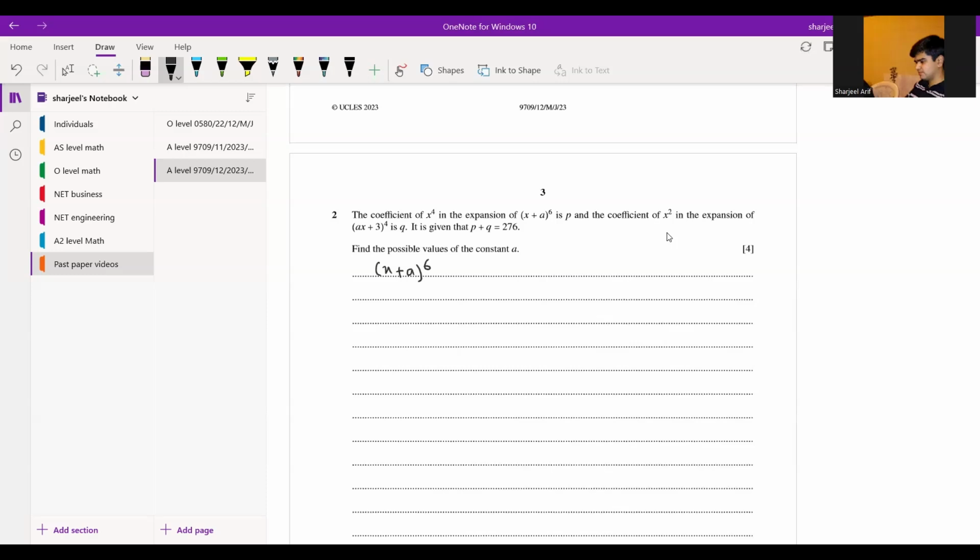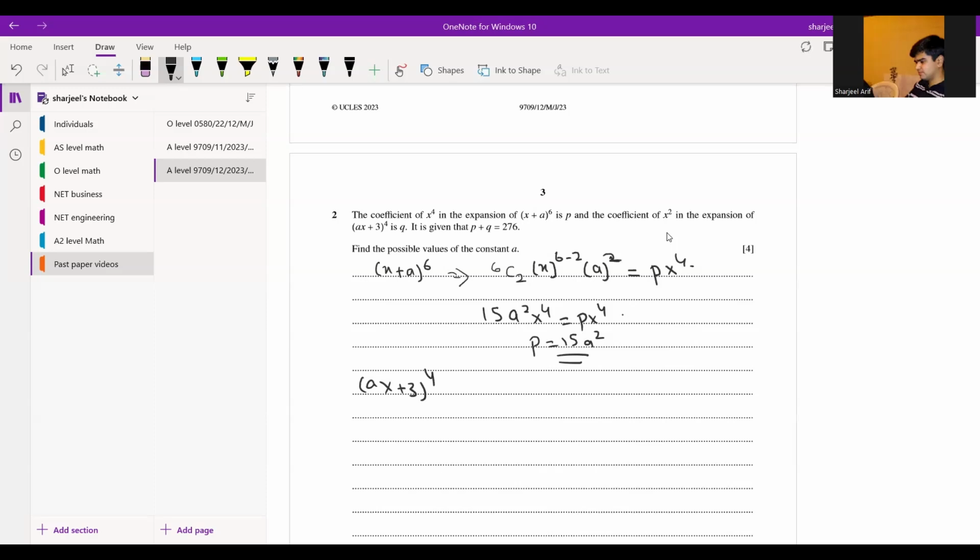So we will use 6c2. It will give x power 6 minus 2 and a power 2. This will be equal to px4. So we will simplify it to get 15a square x4 equal to px4, and p will be equal to 15a square. Similarly, for (ax plus 3) power 4,